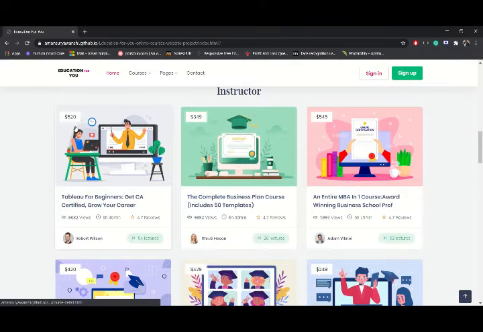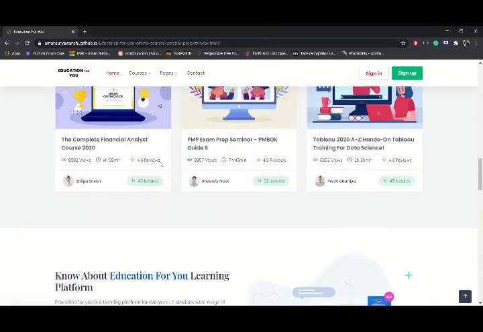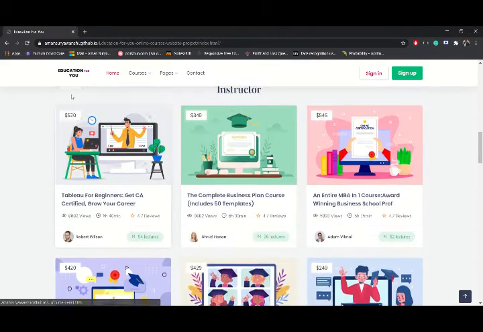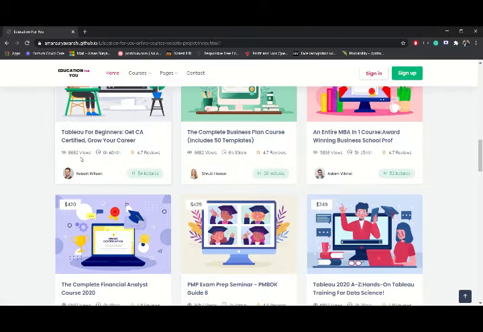So here we can see a container. There are six containers in this main page. It has multiple elements like course image, then price tag, then the title of the course, then course views, like lecture views, then runtime. Like this course has 6 hour 40 minute of runtime, and the review of the course. We also have the number of lectures in the course, and the course instructor with his or her photo.